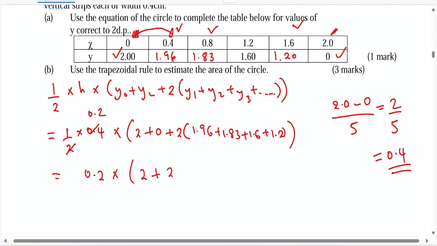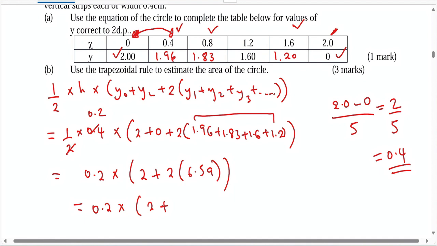Haya, plus 2 times hizi zote nikizi add itanipa ngapi? 1.96 plus 1.83 plus 1.6 plus 1.2 is 6.59. Sawa, umeona vile ni rahisi. And if I take 6.59 multiply by 2 itanipa ngapi? 2 times 6.59